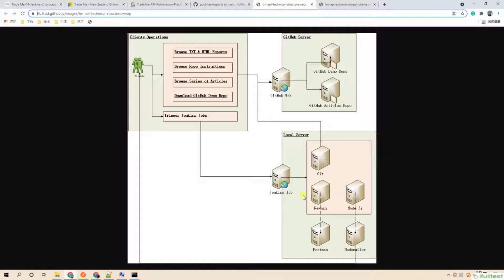We use Jenkins to trigger Newman to run the Postman collection as a scenario to generate the CLI and HTML reports. And these report files are automatically uploaded to the remote GitHub repository.